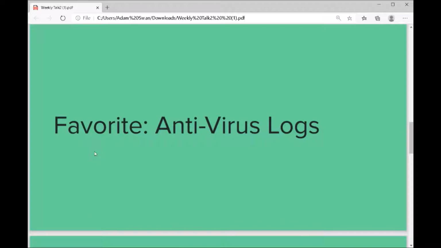All right, so we're going to talk about my favorite data source, which is actually, believe it or not, antivirus logs. The reason that antivirus logs are my favorite is that they just provide the most context. Normally AV alerts are the easiest to triage. A lot of times you'll get a hash, or you should get a hash, and be able to quickly look it up in something like VirusTotal